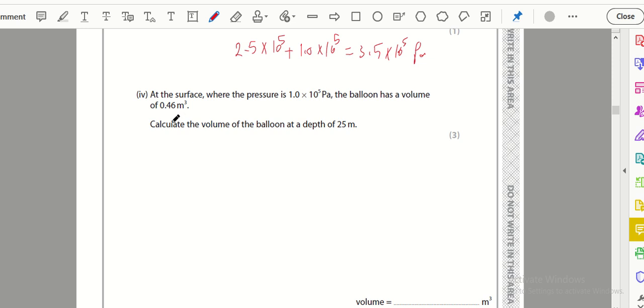At the surface, pressure is 10 to the power 5 Pascal. The balloon has a volume of 0.46 meters cubed. Calculate the volume of the balloon at 25 meters. P1 V1 equals P2 V2, which is Boyle's law. So P1 is 1, P2 here is 3.5. We have just calculated it, V2 is required. Use your calculator, the answer will be